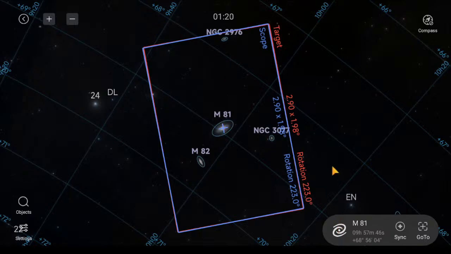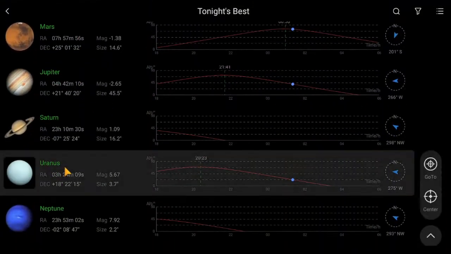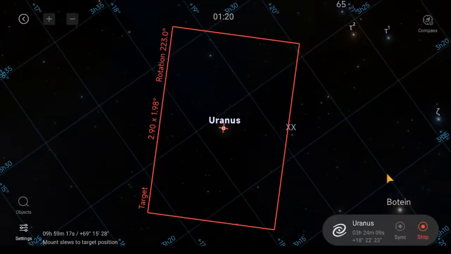I don't even know. Where's the objects list here? Uranus. Go to. The red box is where we want the telescope to go to. The blue box, when you guys see it come on screen, shows the telescope moving. The blue box gets there.